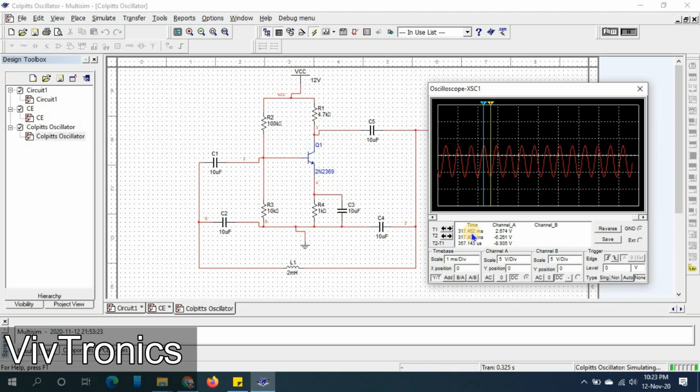We can also calculate the frequency from the time difference. We have to place the cursors over a complete cycle, from one positive half cycle to another positive half cycle, or one negative half cycle to another negative half cycle. This is 663 microseconds. If you convert this time into frequency by using 1/T equals f, we can get the frequency.